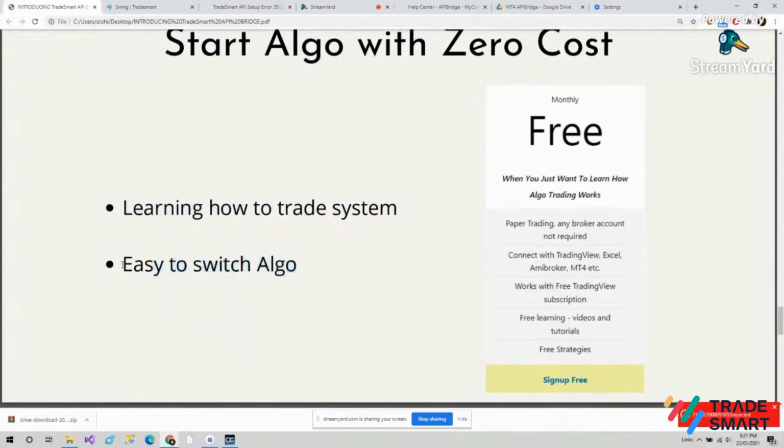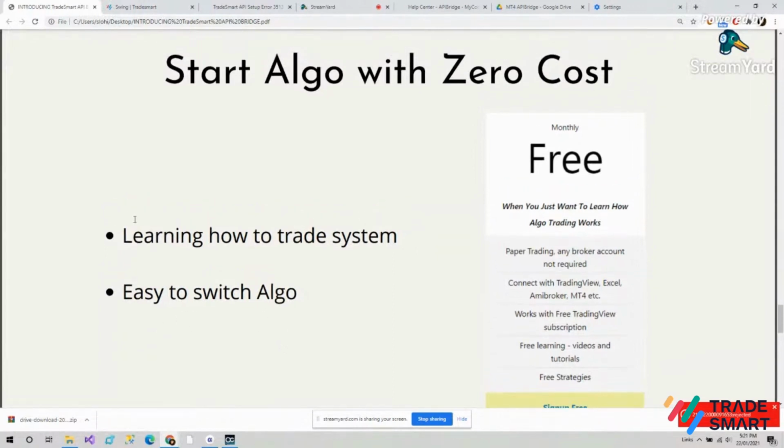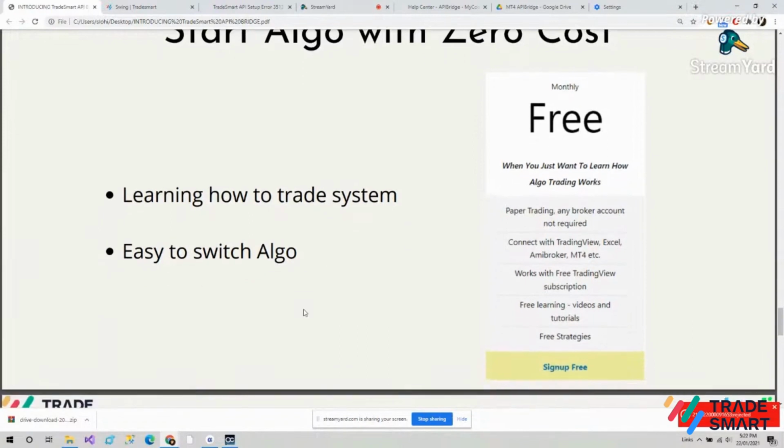If you have been trading manually all this while, it will be easy for you to switch to algo, as it does not involve any cost for beginners. Just sign up for paper trading, sign up with TradingView, deploy your strategy on the chart and learn how to trade with a system. This is one of the major benefits for API Bridge users. You can even learn it for free.